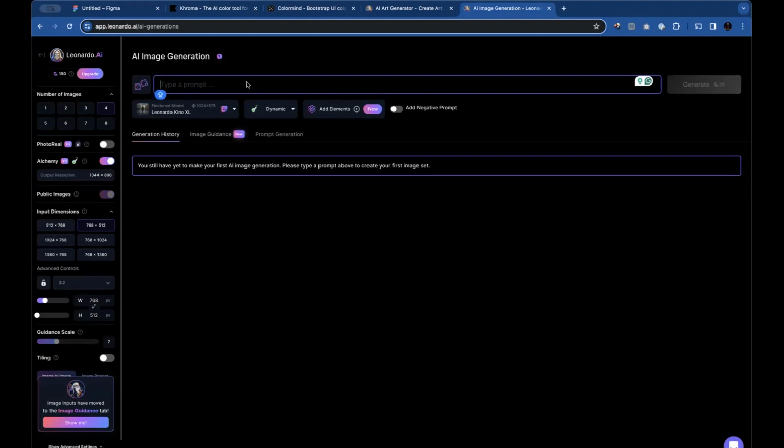So I'm going to say a picture of a queen and king in a futuristic lab. A dog running in the snow with a family.